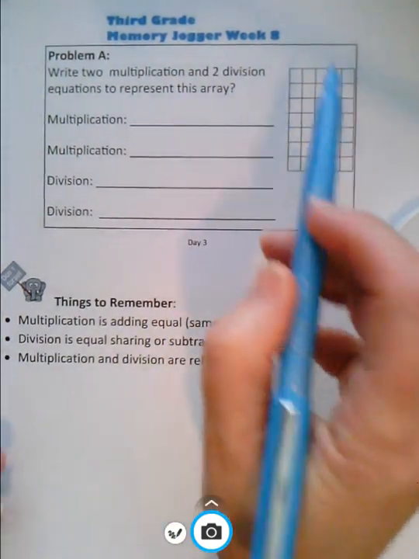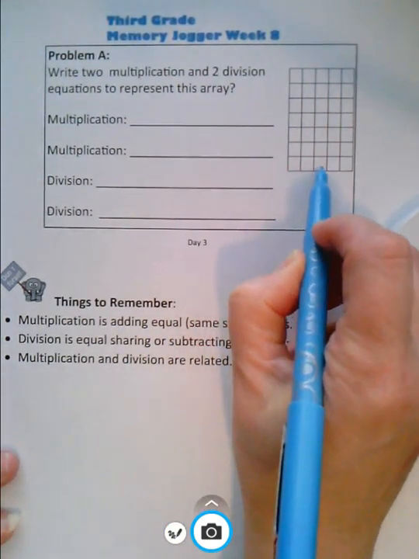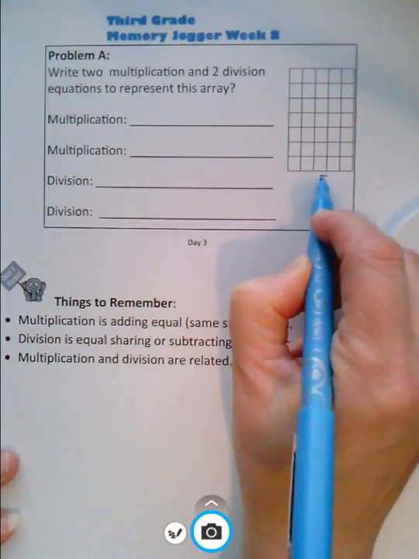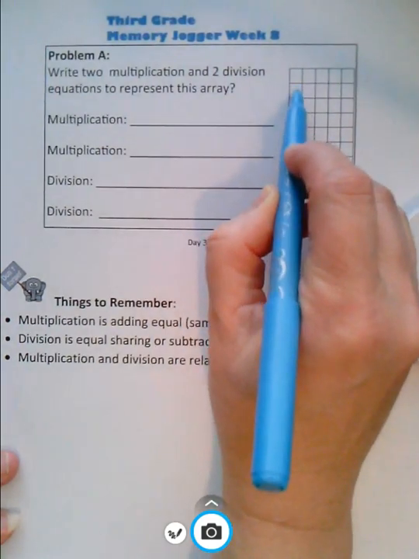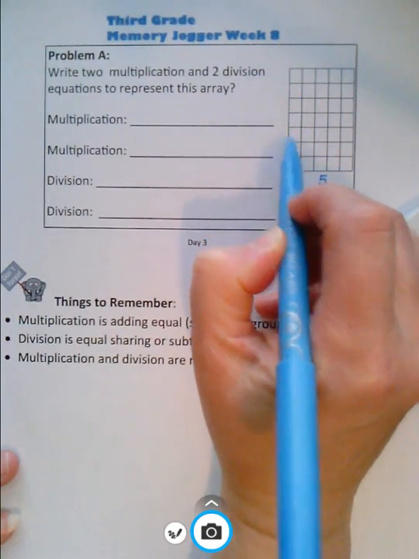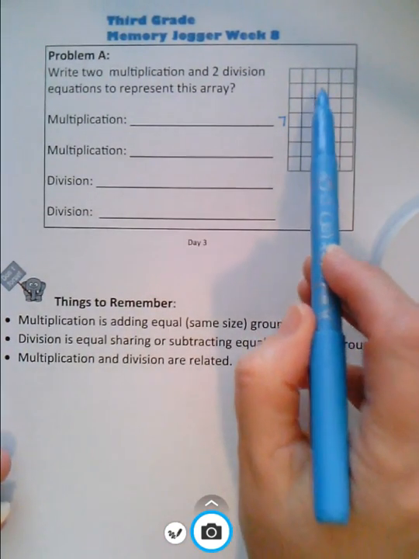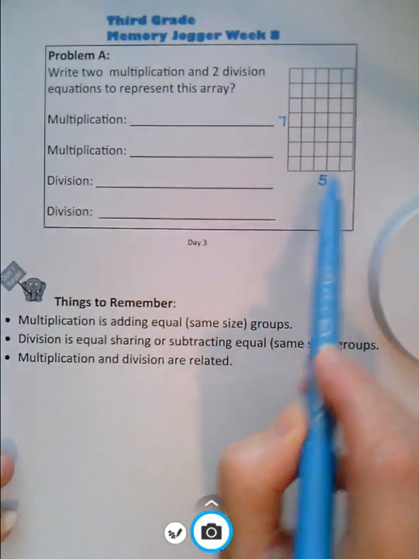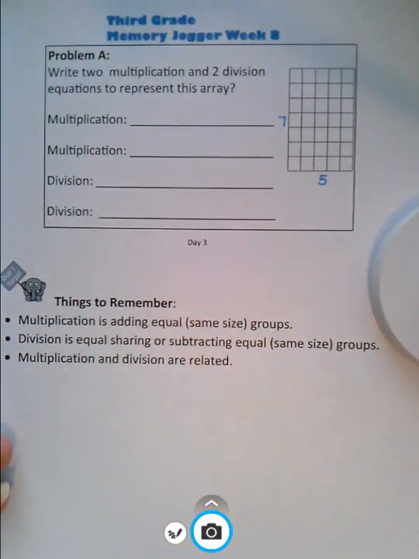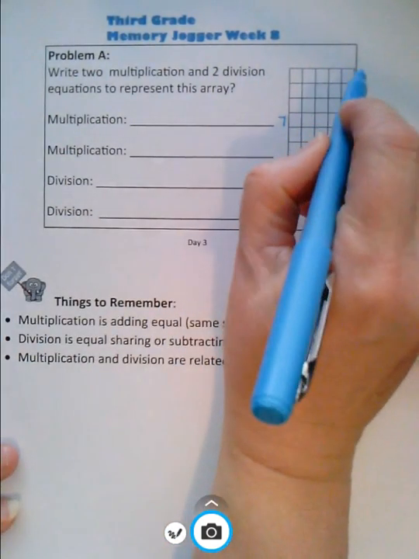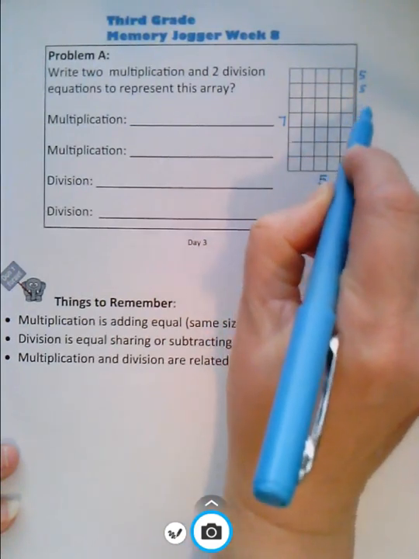So let's take a look at our array. Our array has 1, 2, 3, 4, 5 columns and 1, 2, 3, 4, 5, 6, 7 rows. And we can see that because it is an array, all of the rows are equal and all of the columns are equal. We could go through and count every single square in here to see how many squares are inside this box, but really that's not the most efficient way to solve. In this case, since there's 5s, it might be an easy way for you to remember that there are 5 in each row